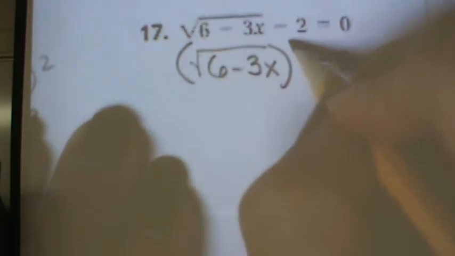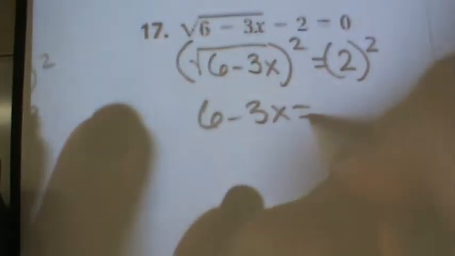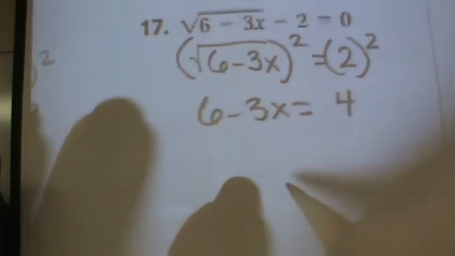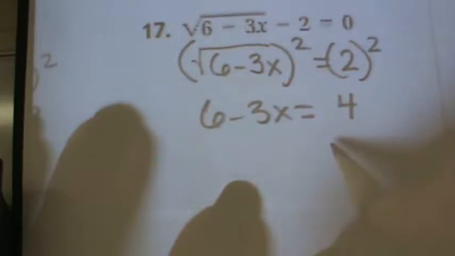You squared both sides, right? So you got 6 minus 3x equals what? 4. Then what would you do? Subtract 6 and then divide by negative 3, right? This is old stuff. Now today what we're doing,